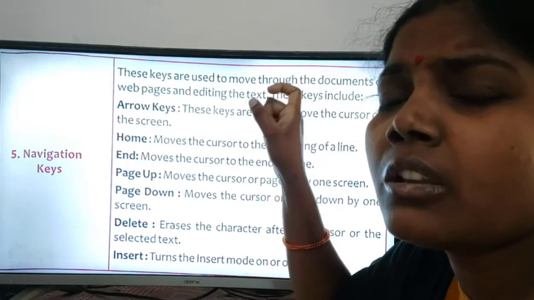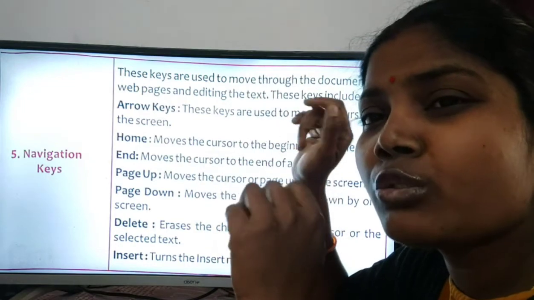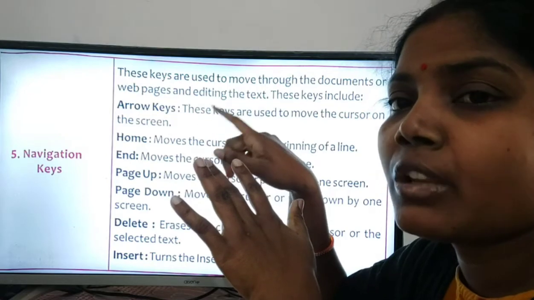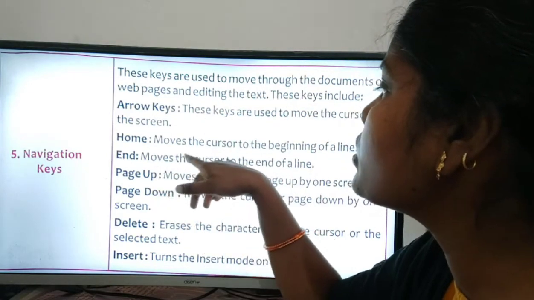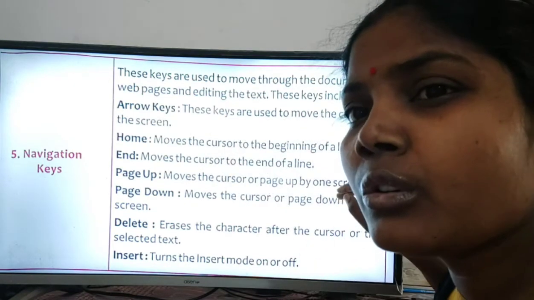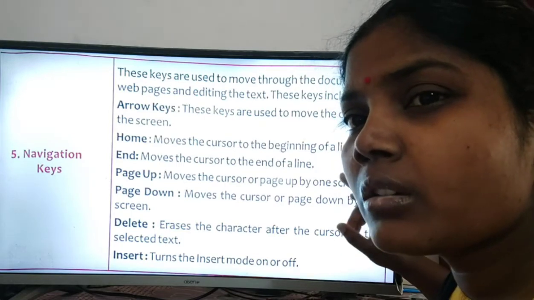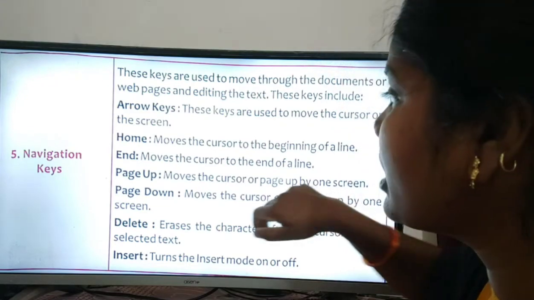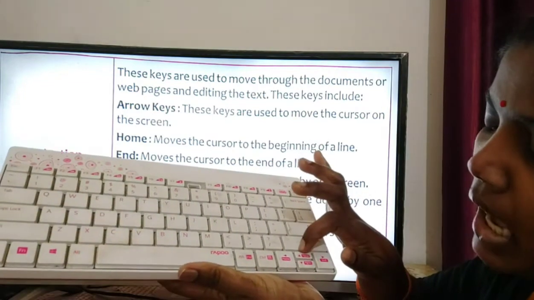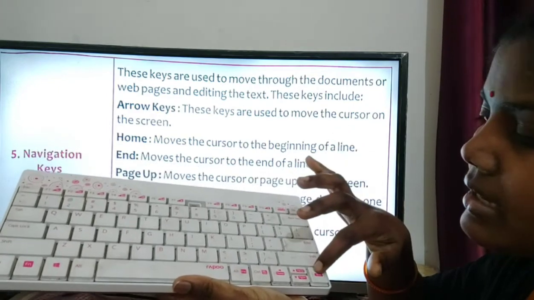If you want to go to the beginning of a line, we can use Home. End moves the cursor to the end of a line. And there are Page Up and Page Down. These are the Home keys, and these are the End keys.